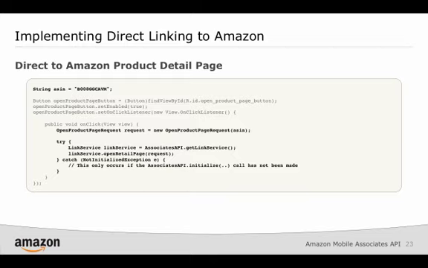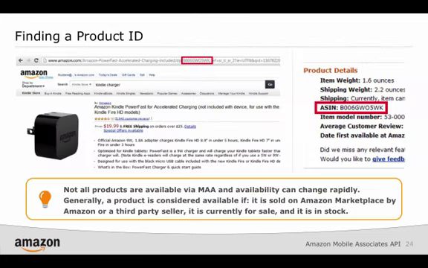Simply construct an open product page request object specifying the product ID and pass the request to the link service.openRetailPage method. Where do you find the product ID? The product ID, also referred to as an ASIN, can be found on the Amazon retail website as part of